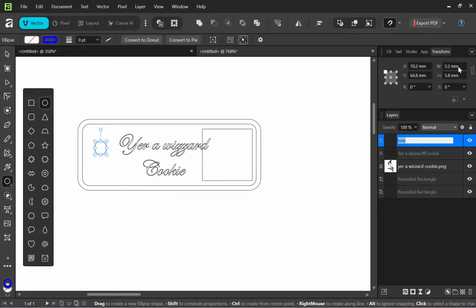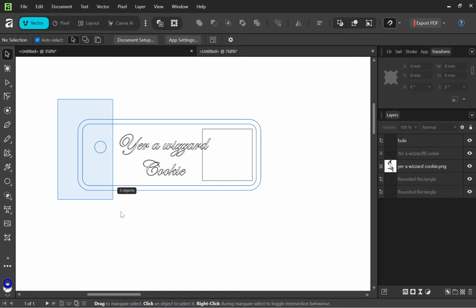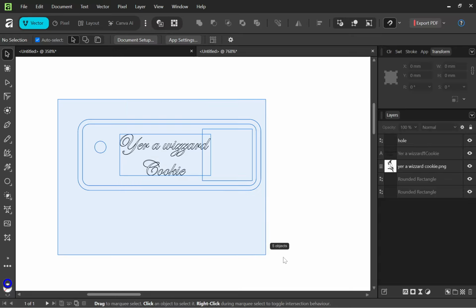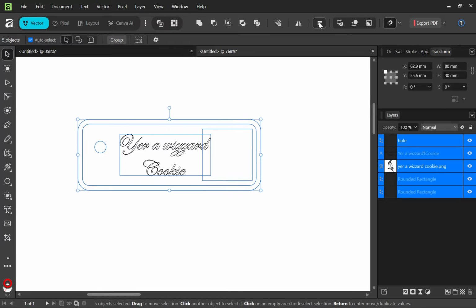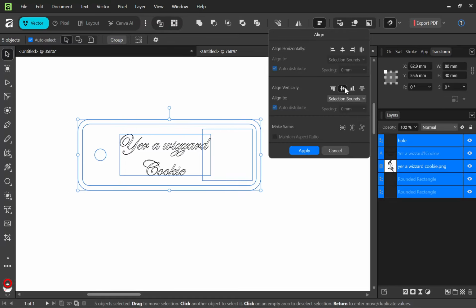I can go to my size. I can say I want it to be 5, tab, 5 millimeters. So we've got its size. The next thing we need to do is align this near the middle. So what I'm going to do is hover all these 3 things, and I'm going to align. I want to align them all this way. Now, I don't want to press this top one. Well, I'll press it. I'll show you what happens. If I press this top one,